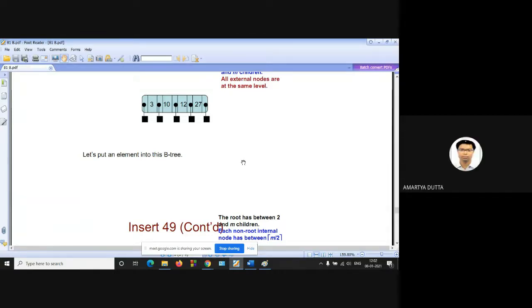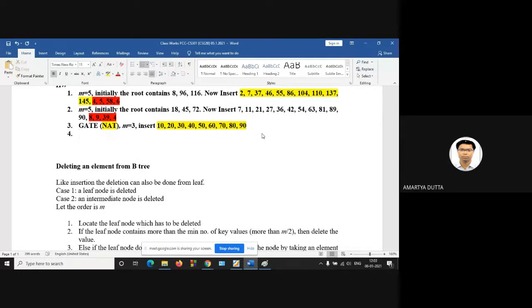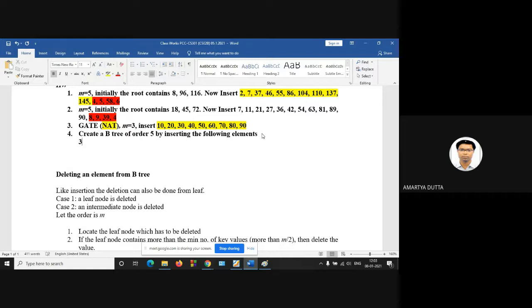Yes, sir. Create a B tree of order 5 by inserting the following elements. The elements are 3, 14, 7, 1, 8, 5,